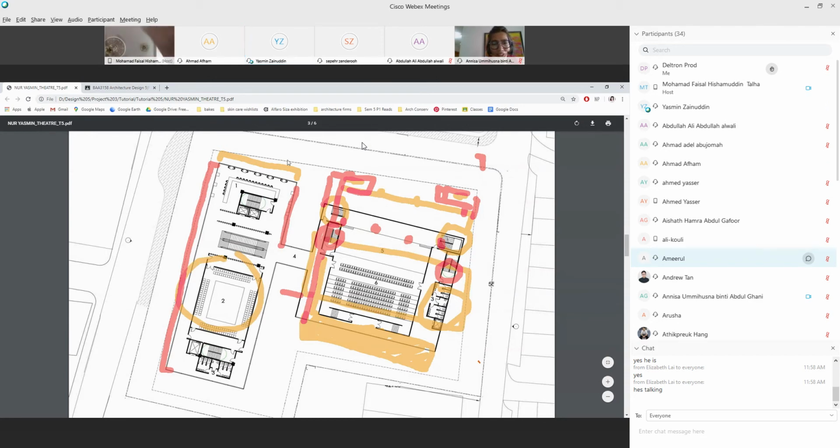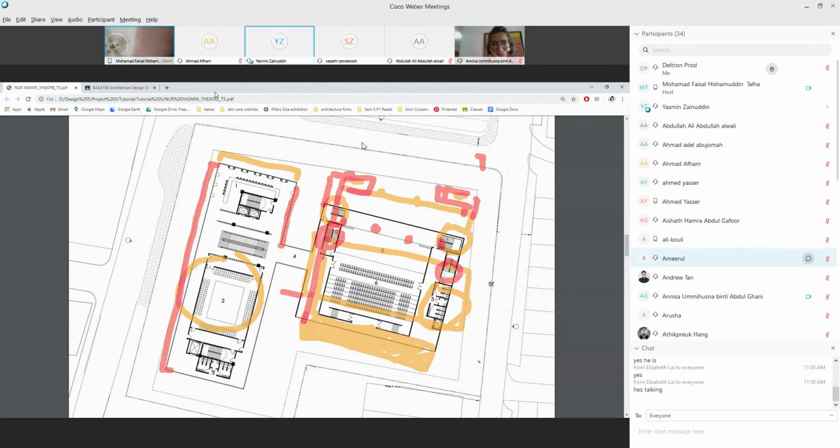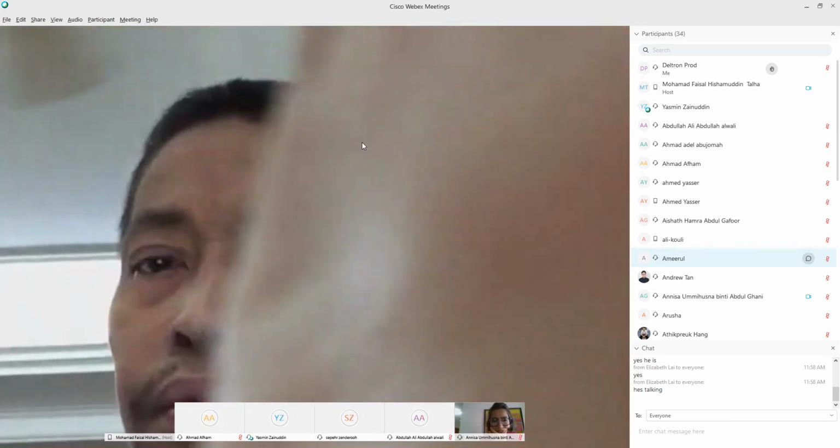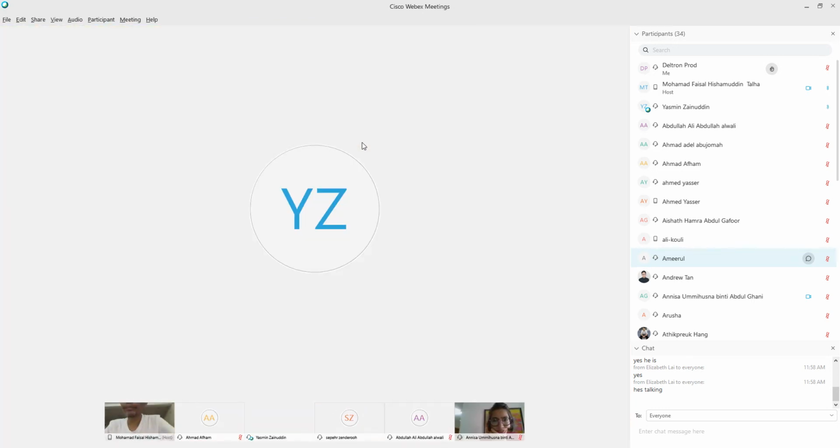Alright. Can we have somebody else? You need to unshare this. Okay. Mister, I've got one question. Let's say the material you use for your ticket booth facade is timber, and then you want to change it to steel. Is that possible? Ticket booth. Who's this? Yasmin, can you change the material? Why you want to change? No lah, just asking if we can or not.